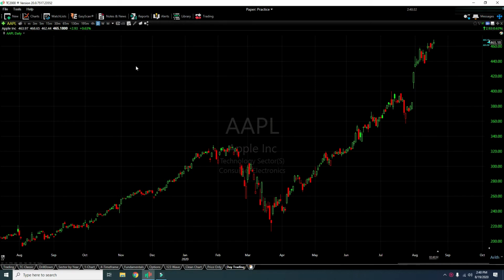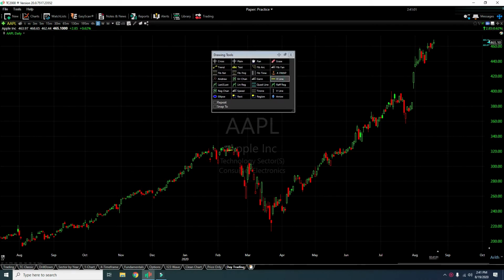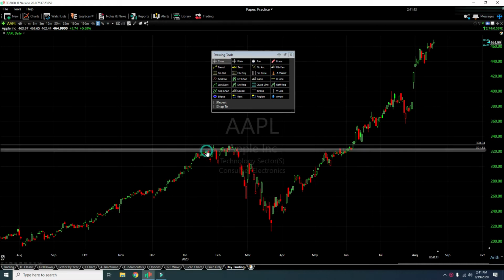Okay, what we have in front of us is again the Apple daily time frame chart as of today. When you have to identify an area of support or resistance, the first rule to keep in mind is that support and resistance are not a single line. They are a particular area which is marked as support or resistance. For example, I'm going to mark the support and resistance area in this daily Apple chart. The first point would be the recent high from where the price has turned around, and next I'd be drawing one more line to identify the area.